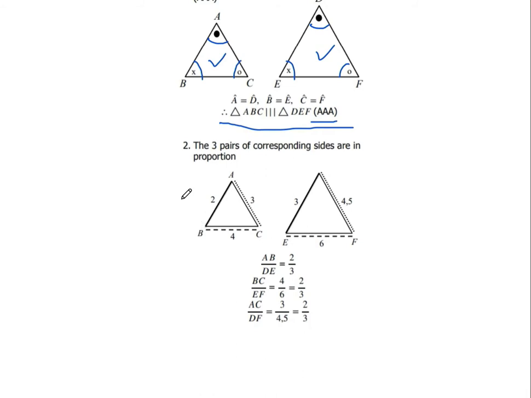Then we go to the second property that says that the three pairs of corresponding sides are in proportion. So this is A, this is AB, and AB will definitely be corresponding. I think they missed something here. This is a D. So now we have ABC and DEF. What do they mean by the proportions of the sides? The corresponding sides are in proportion. So if I take AB over DE,